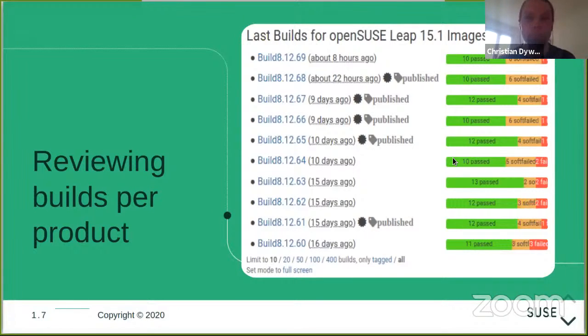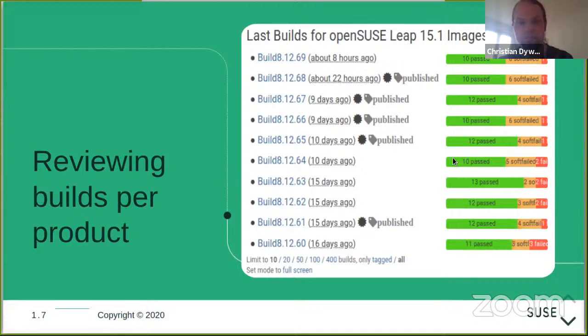So let's assume you have set up a few tests. For example, I picked one of the openSUSE Leap test groups as an example. This is actually showing the web UI. When you use the web UI to have a look at what you're actually building there, you would see the current builds that are finished.